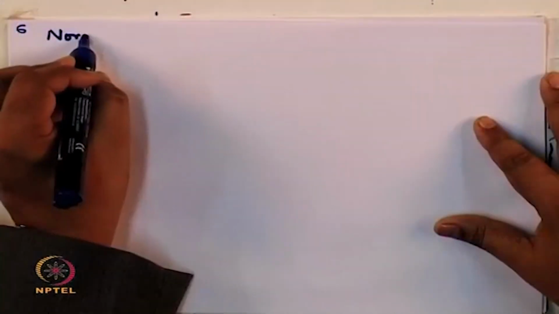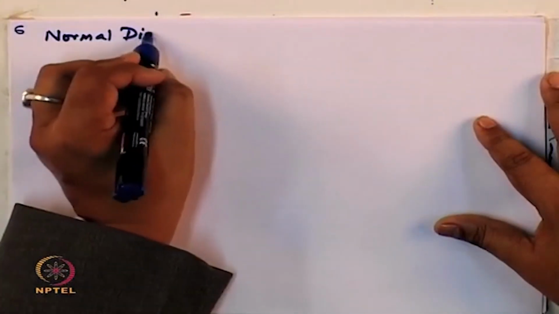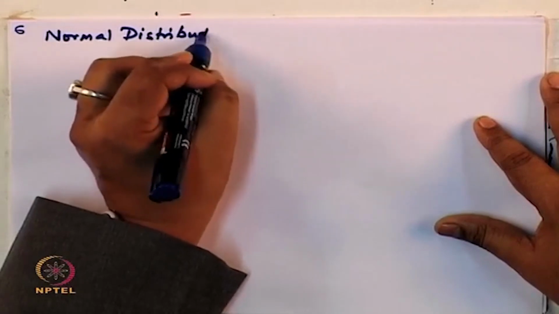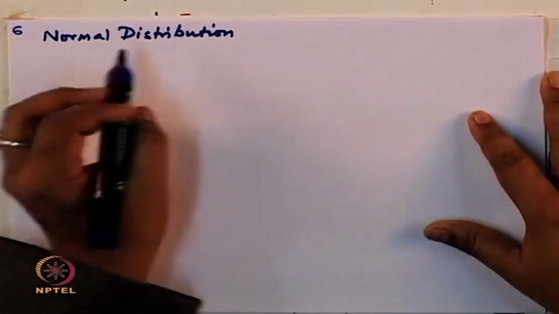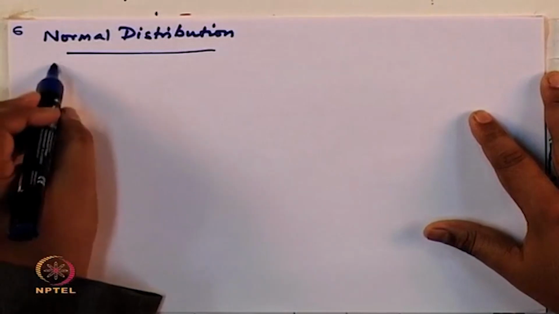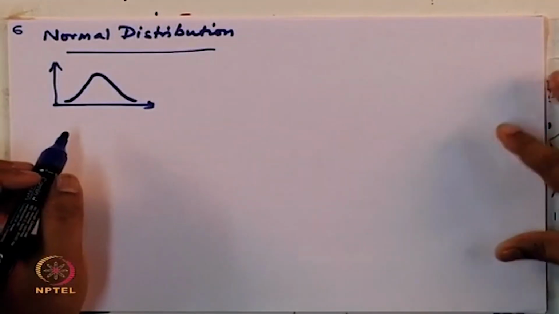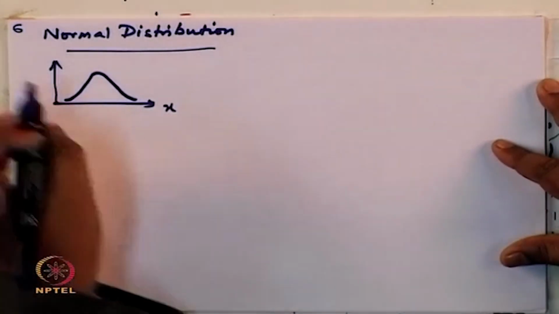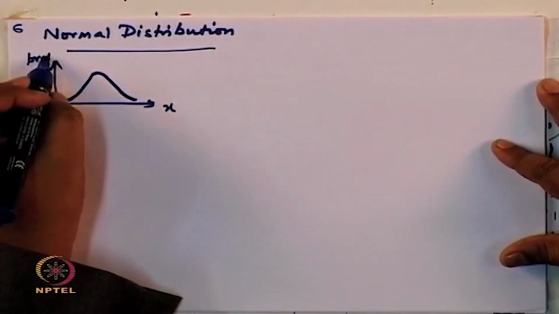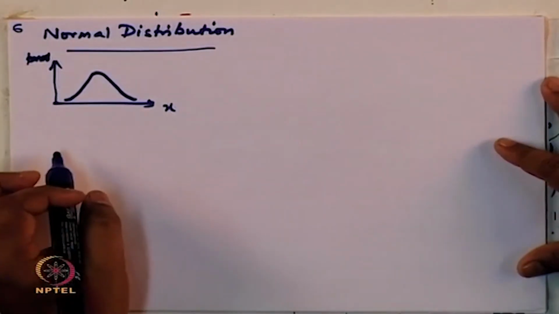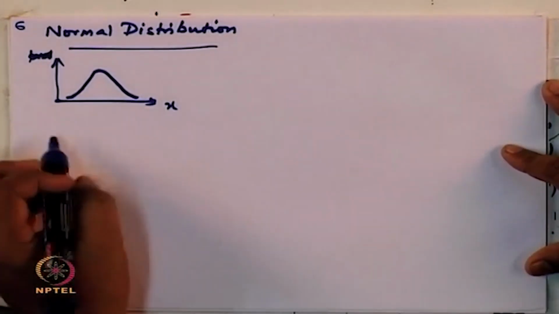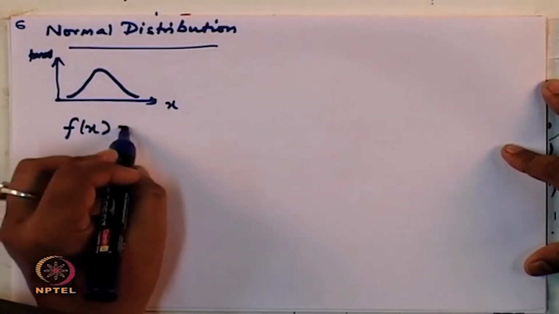We will now discuss one of the most important distributions, which is the normal distribution. So, what is the normal distribution? The normal distribution is the mound shaped distribution that you see at all times. This is your x value, this is your probability. For the normal distribution, your f of x is given by